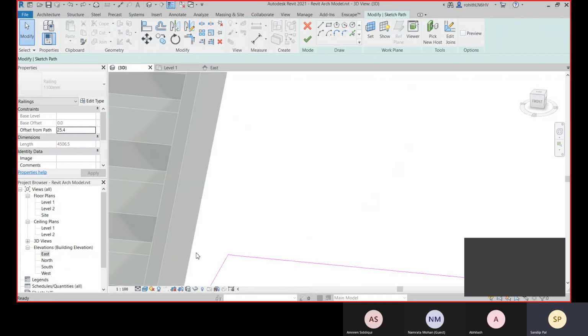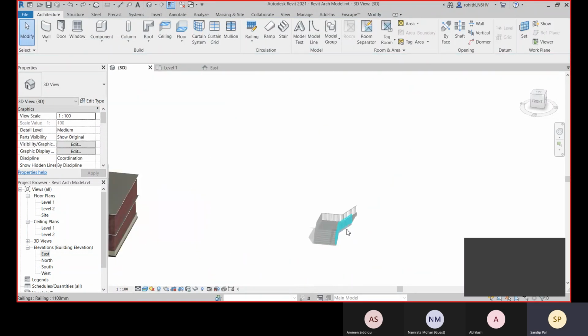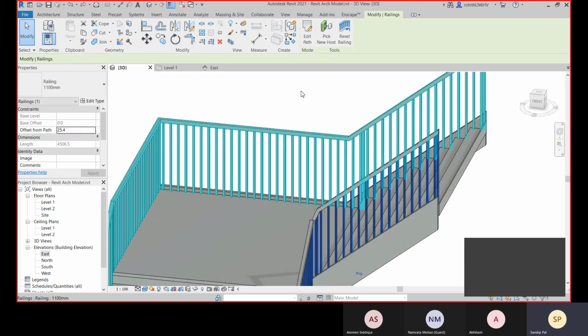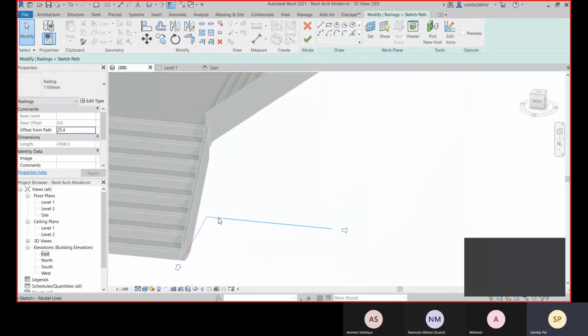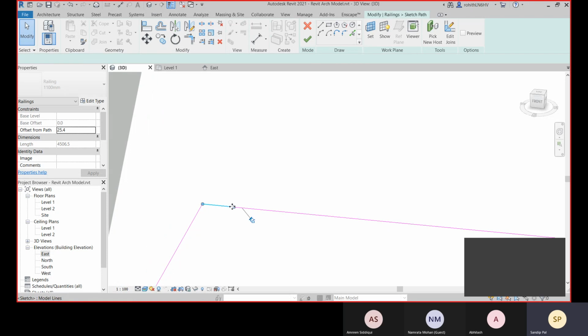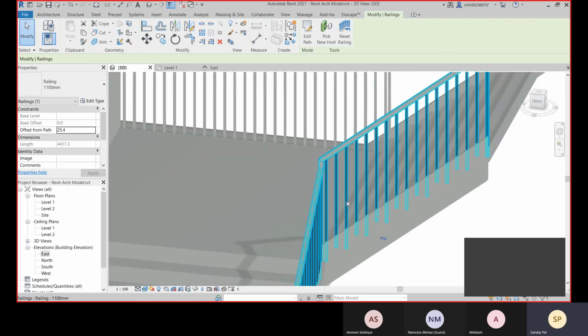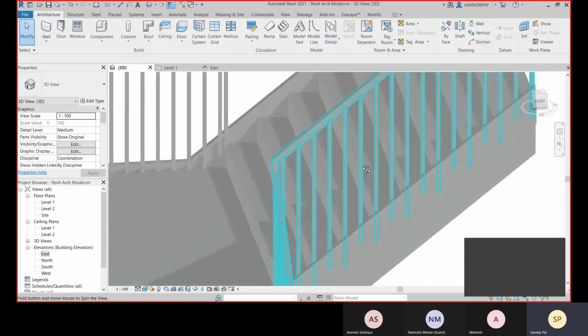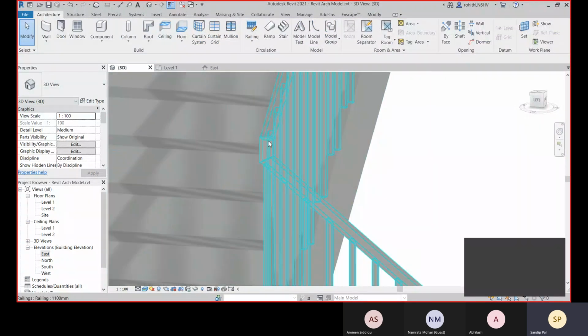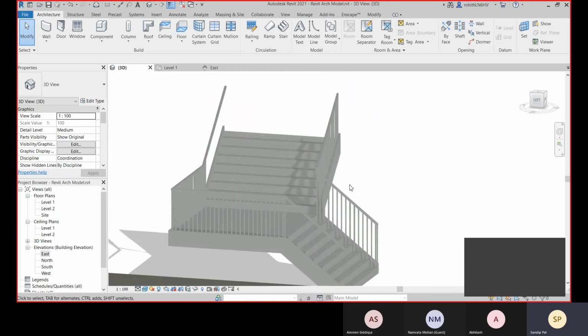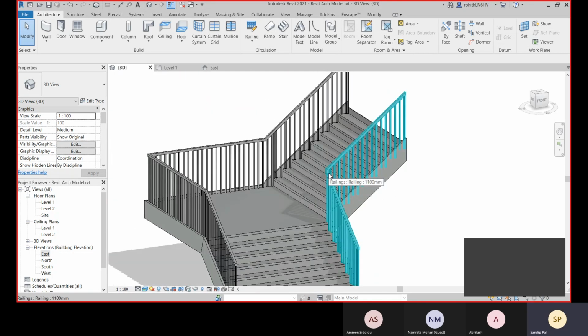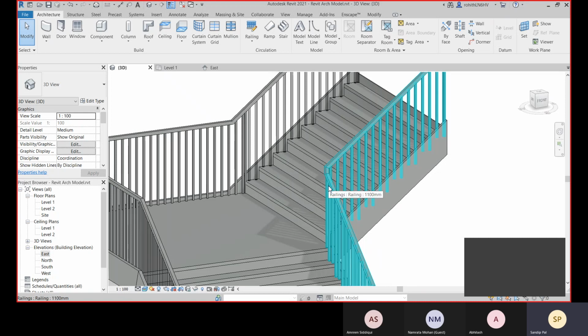First let me undo this and let me check again. So you just select it, go to its edit path, and there you can see that one segment is extra there. So you delete this segment, we will make it a whole segment, this one. So you just go with this trim, and now let's see if it is connected or not. Yeah, so that was the problem. That's why we are having this problem. So now we have fixed it, even when we haven't changed the smoothness.